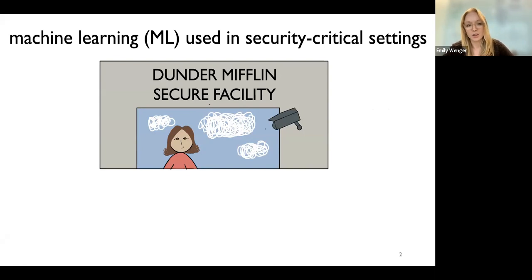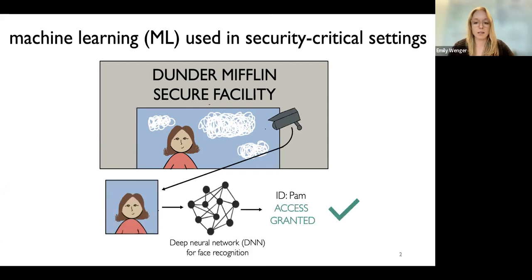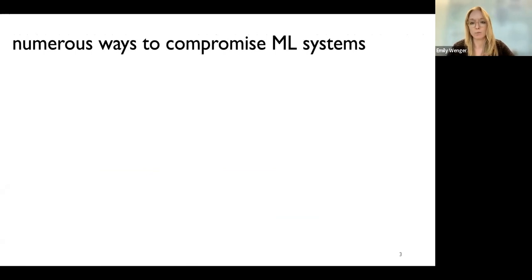As you're probably aware, machine learning models, or ML models, are being increasingly used in security critical settings. One example, which has an analog in the real world, but here we have a fictional setting, is securing facility access to corporate facilities. So a facial recognition system that runs with an ML model at its heart would be used to identify incoming people, authenticate them, and if they are on some sort of corporate list, give them access to the facility. This is great. It's faster than other more traditional authentication methods, but as all of us who are here are well aware, there are lots of ways that you can break systems like this.